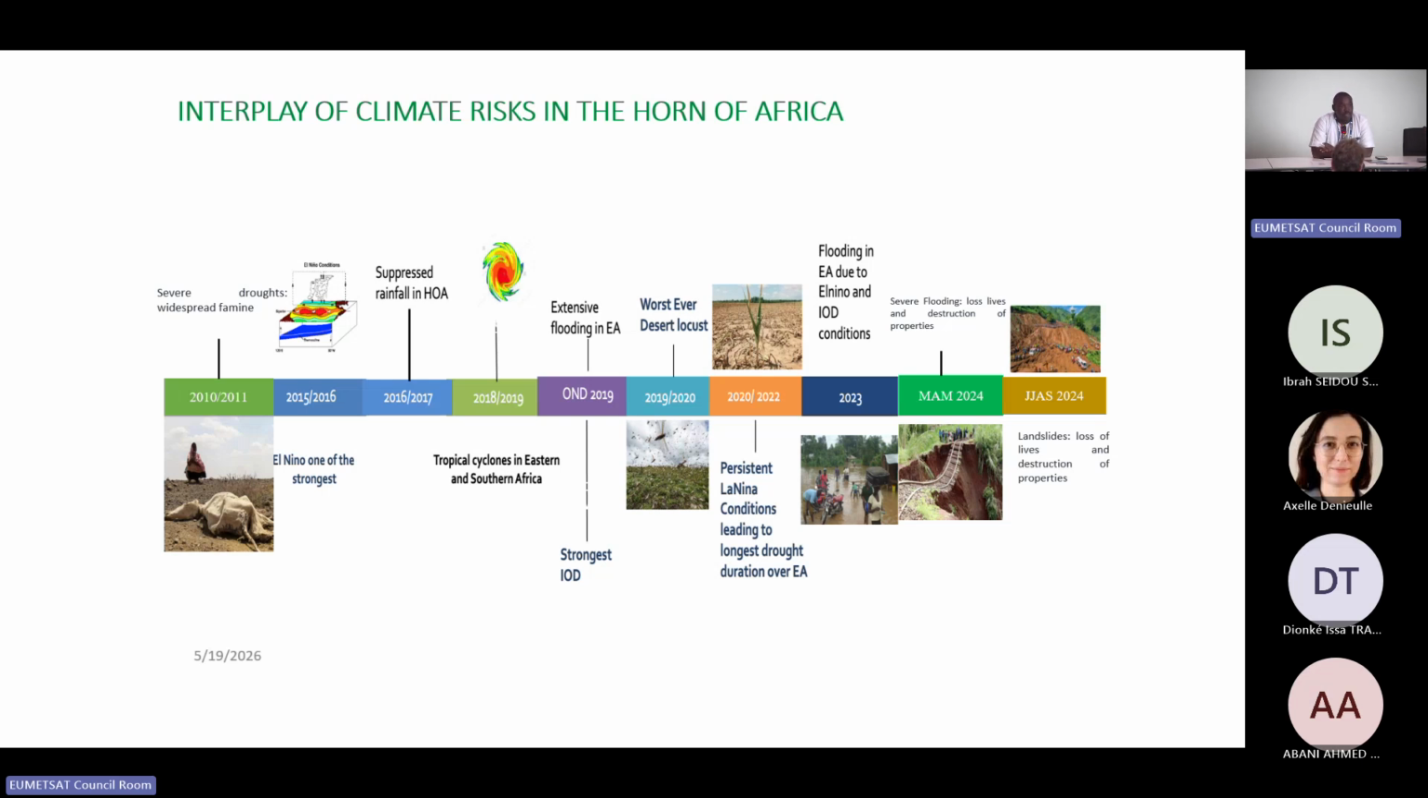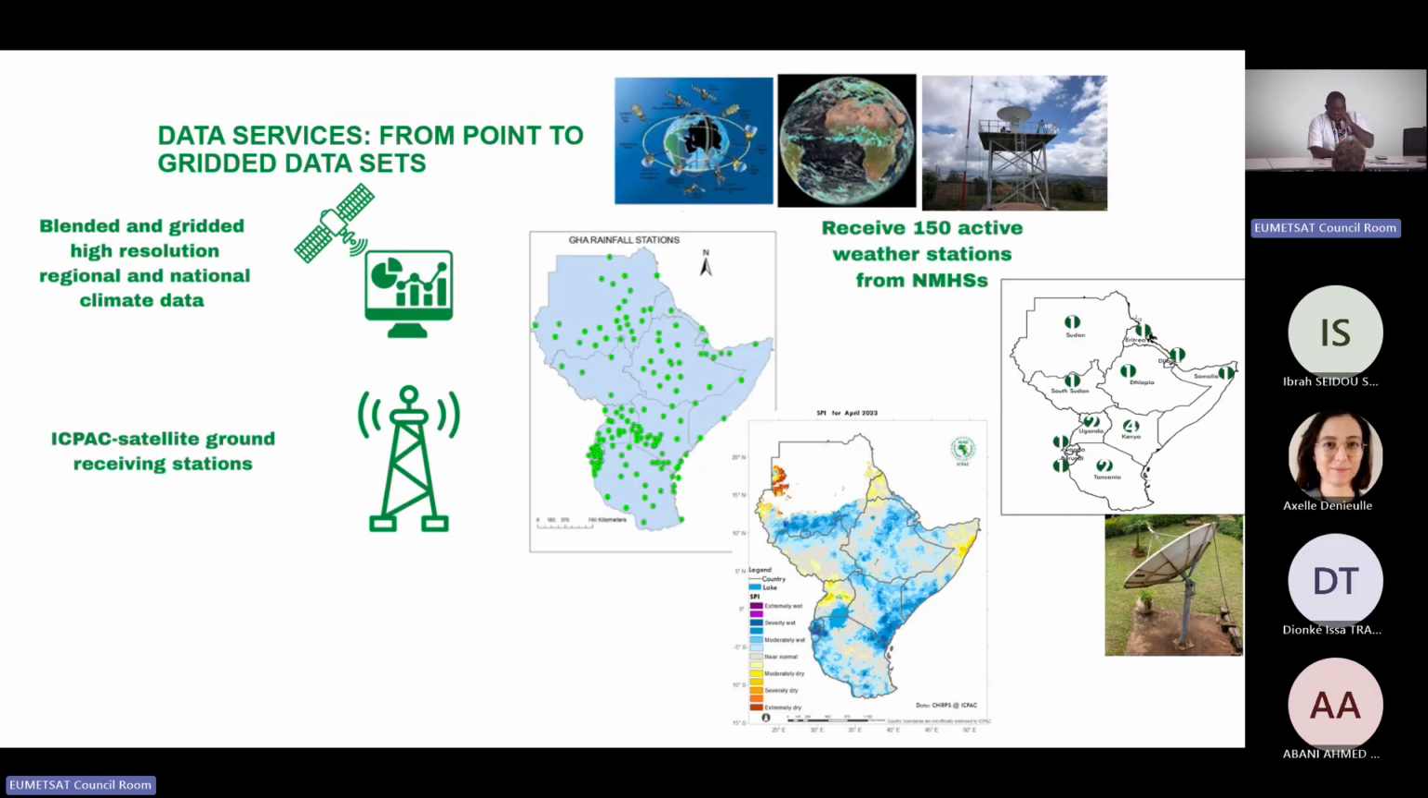So these climate risks require continuous monitoring and forecasting in terms of robust early warning systems. In terms of the data infrastructure, due to the unique relationship of IGAD ICPAC has access to ground station data from weather stations from the national hydrological and meteorological services. Basically, using the ground data, this is blended with the satellite-derived data to provide the